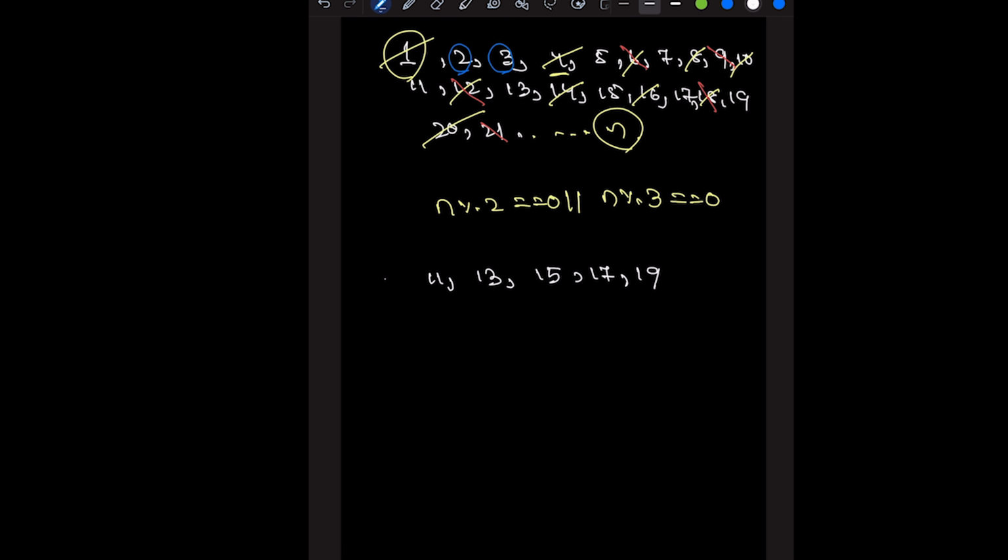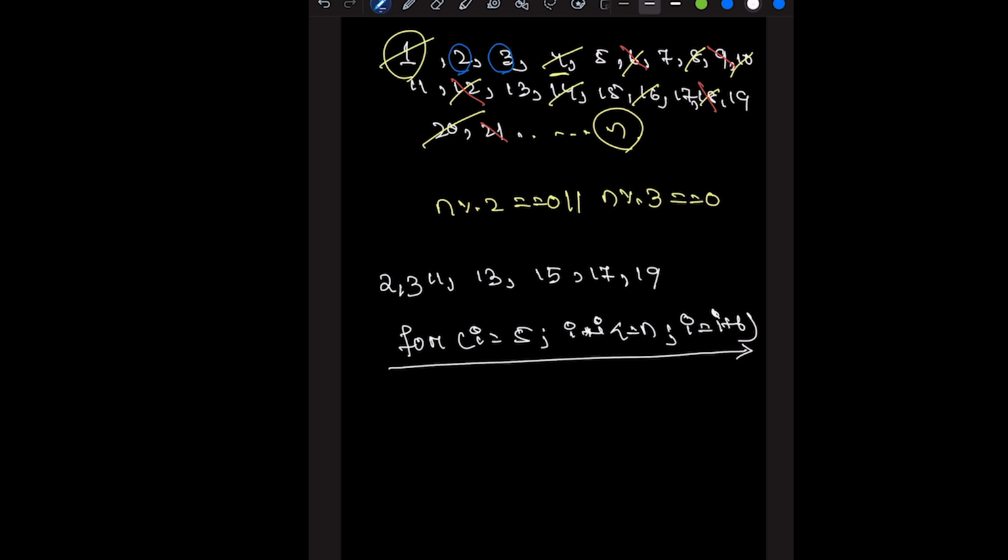So we are not entering into this condition: for i equal to 5, i into i less than or equal to n, then i equal to i plus 6. We are not entering this condition, we are not iterating. Here we reduce the time complexity, right? So if we take another number,